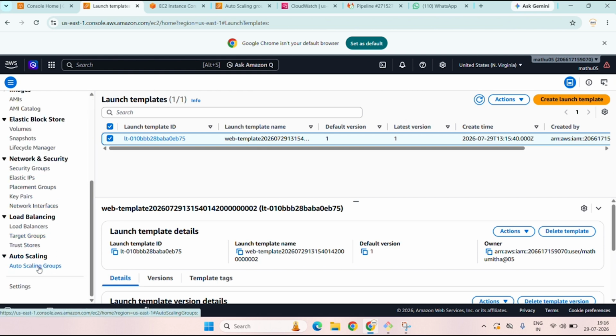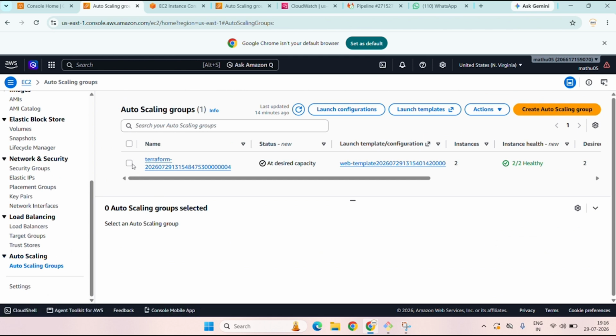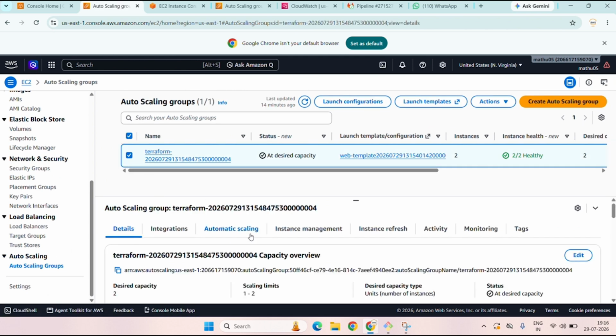Next, this is my auto scaling group. The auto scaling group continuously monitors application workload and automatically adjusts the EC2 instances based on CPU utilization. When traffic increases, AWS automatically launches new instances, and when traffic decreases, AWS automatically terminates unnecessary instances. Now look at the